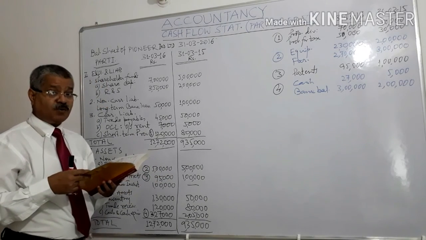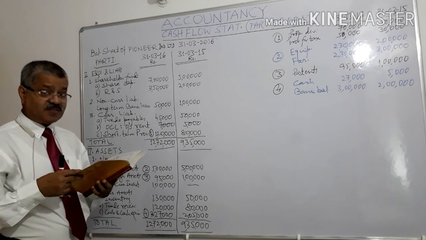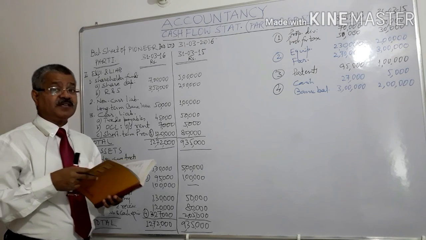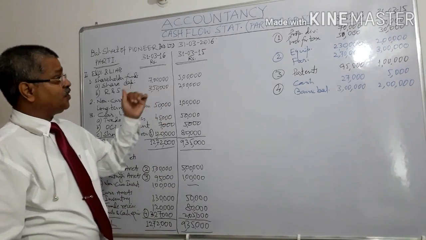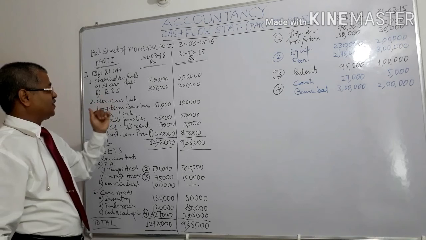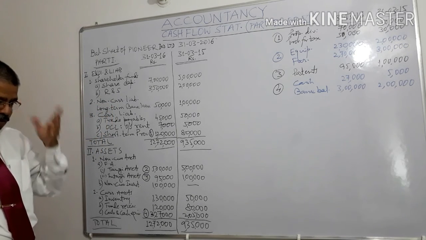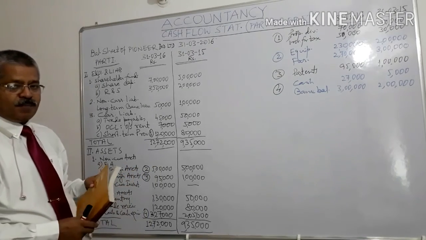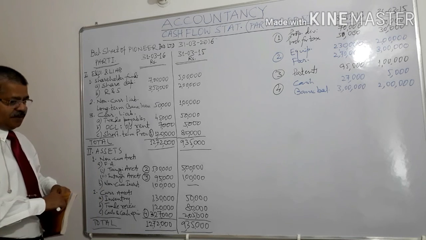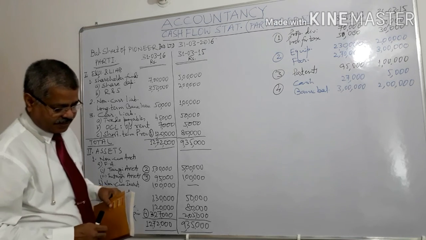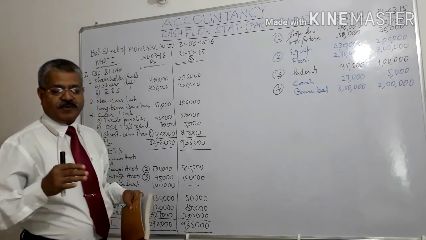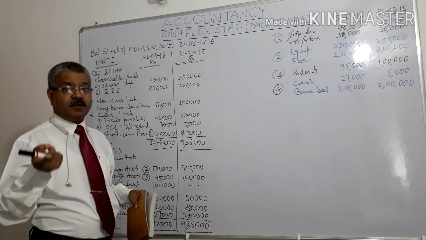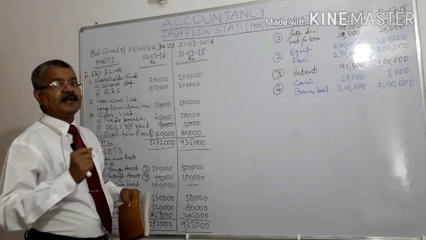Depreciation of rupees 15,000 is charged on equipments, and 30,000 on furniture, right? So now we need to draw those three activities: operating, investing and financing. We have already discussed that, and one thing, wherever something is not written, cash flow statement will be presumed to be arrived at through indirect method.